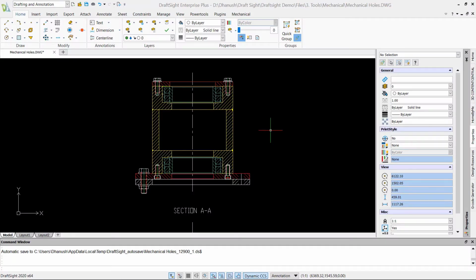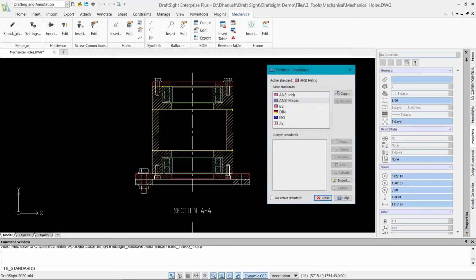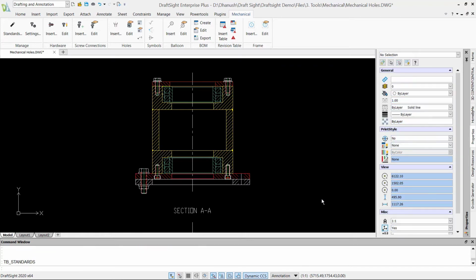The mechanical toolbox add-in for DraftSight contains a set of standard 2D design, drafting, and detailing tools to help you create and annotate drawings. Choose a default standard from a collection of data tables that define industrial and national standards.